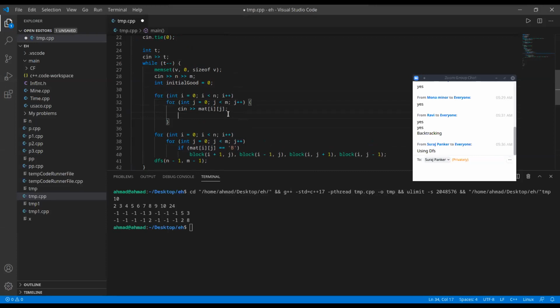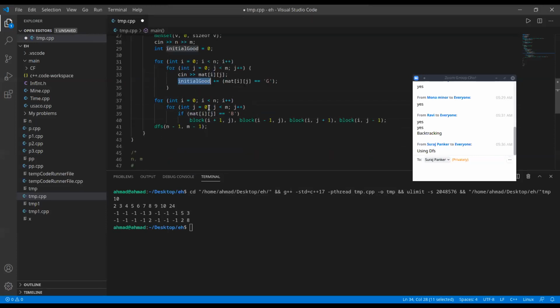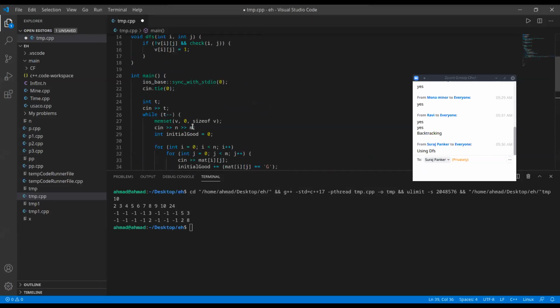If this element is good, then I'll increase initial good. Okay, so I'll make initial good plus equal mat j equal g. Okay, so if this element is good, I'll add 1 to initial good. Okay,